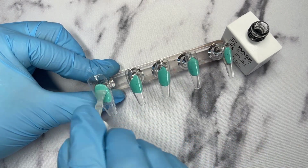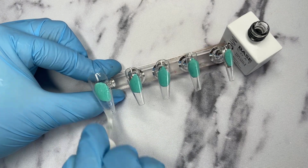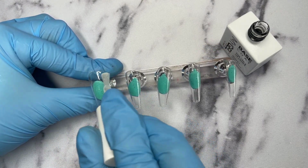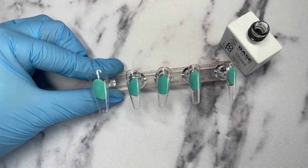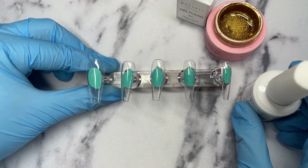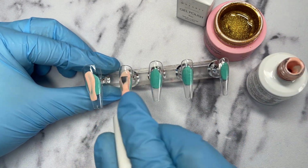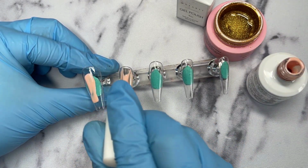And it's just so nice. I'm actually running out of my matte top coat already and it feels like I only ordered it like 2 months ago, so I will have to restock, but I don't know if I'm going to buy again from them or maybe venture out and try some new companies, maybe even Madame Glam, because I've been loving that company recently as well. So the base coat has now been applied, the whole set has gone into the lamp